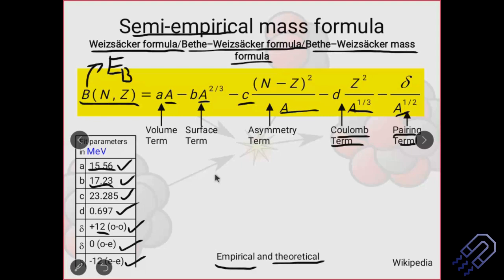How do you find out the constants A, B, C, D, delta? You can find them by considering 5 different elements. If you have 5 unknown variables, you can use 5 different elements, put in the values, do your calculation, and you'll be able to find the constants. But in some models, they have written this A to the power 2 by 3 and not half. So if this is 2 by 3, this delta will become 33.5. Don't get confused right now, okay, I'm using this model.